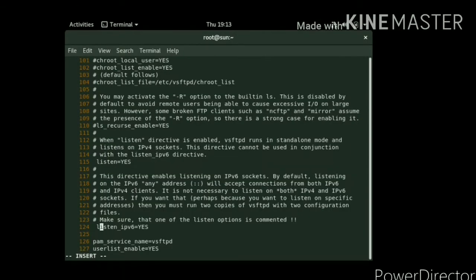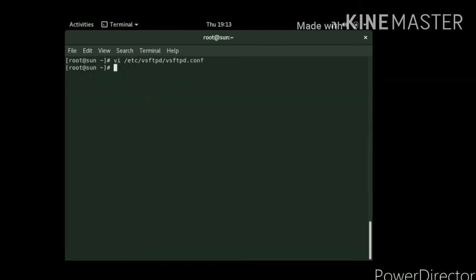For IPv6 we will put the hash symbol to disable it. Save this file. So we will press escape, shift colon wq to save and quit. So here we will restart the FTP service.